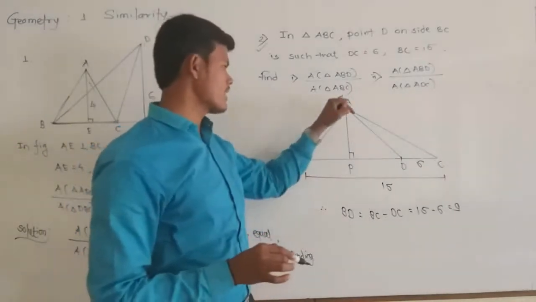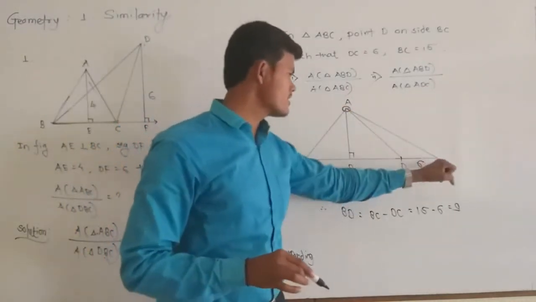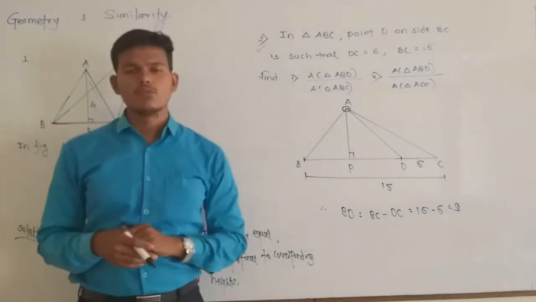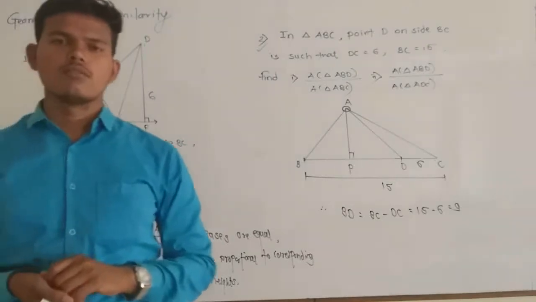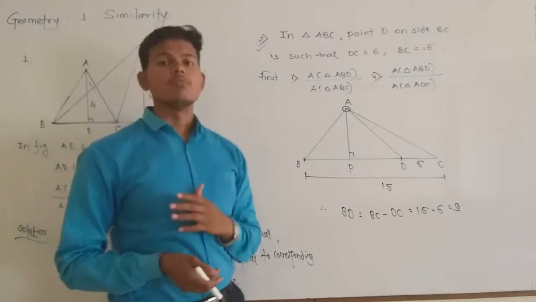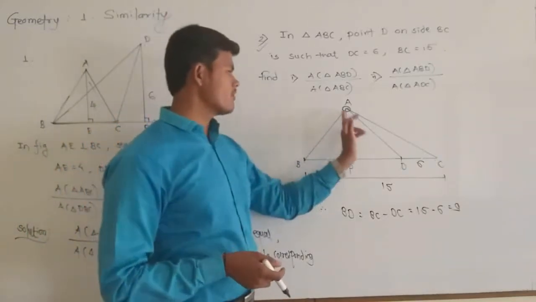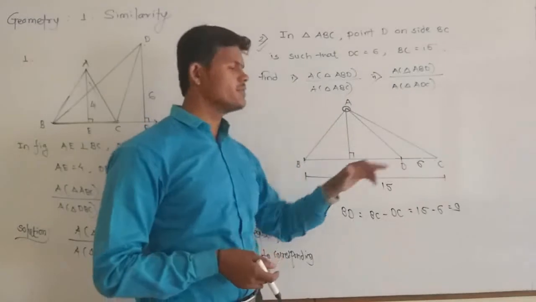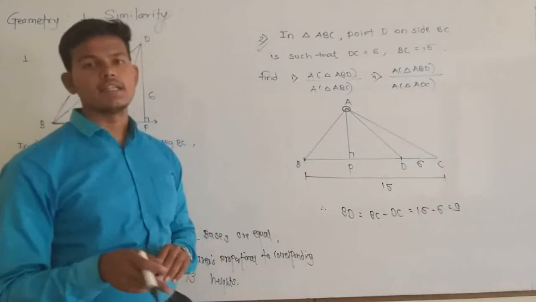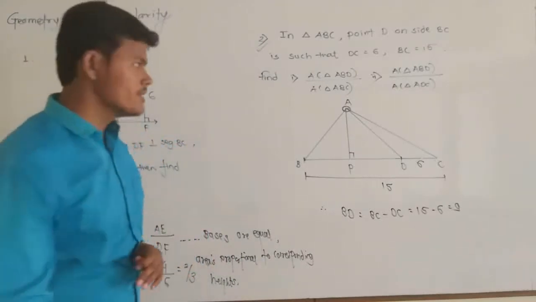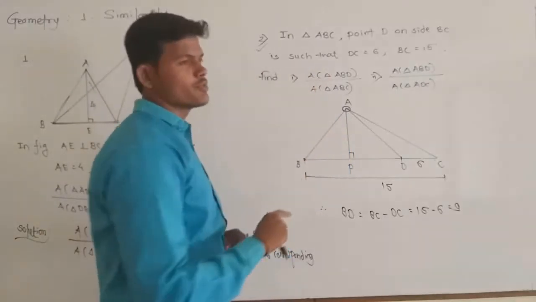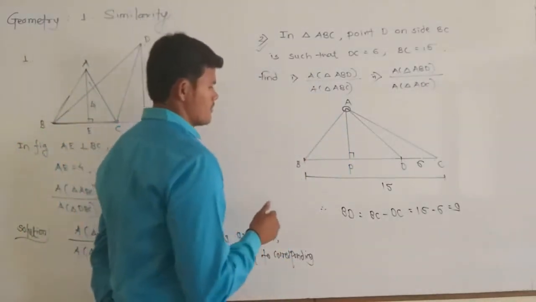For these three triangles, triangle ABD, triangle ADC, and triangle ABC, sharing one common vertex, that is case number 3. Two or more triangles sharing one common vertex, then their heights are equal, so the area is proportional to their bases. Here for triangle ABD, triangle ADC, as well as triangle ABC, A is the common vertex, so their heights are equal and their area is proportional to the bases. So here to find the ratio of area of triangles, their area is always proportional to their corresponding bases.